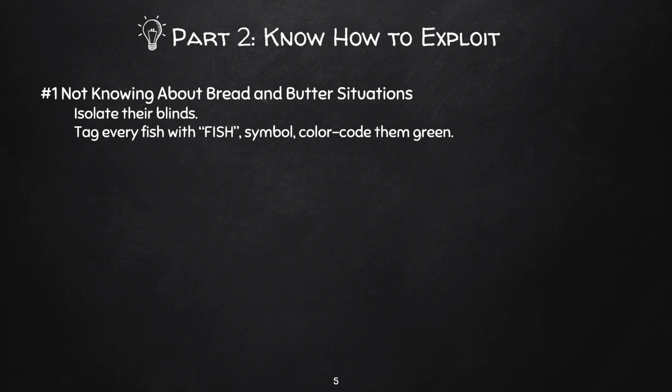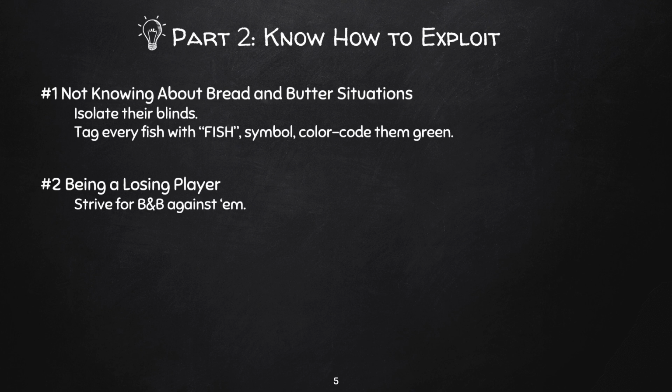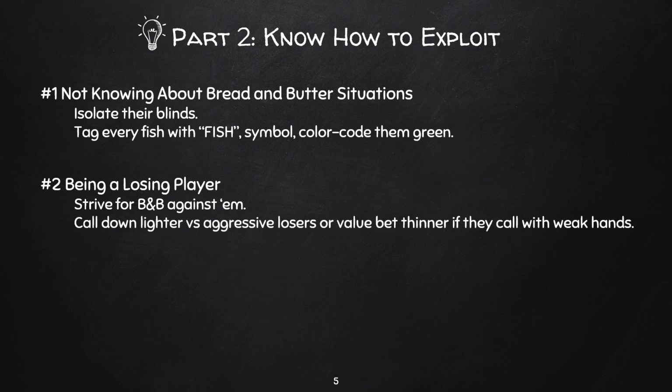Now that second symptom I talked about was being a losing player. Two ways to exploit this. The first, you want to get involved in as many bread and butter situations as possible against them. And the second exploit, if they lose money with too much post-flop aggression, then you want to start calling down lighter against their bets. If they lose by calling with marginal hands, you want to bet thinner for value, like top pair, under card kicker kind of hands like king 10 on a 10 high board, and you want to beware of their raises on those wet boards. You can ditch then, but if they're just calling down, they call down with second and third pair, bet those weak top pairs.